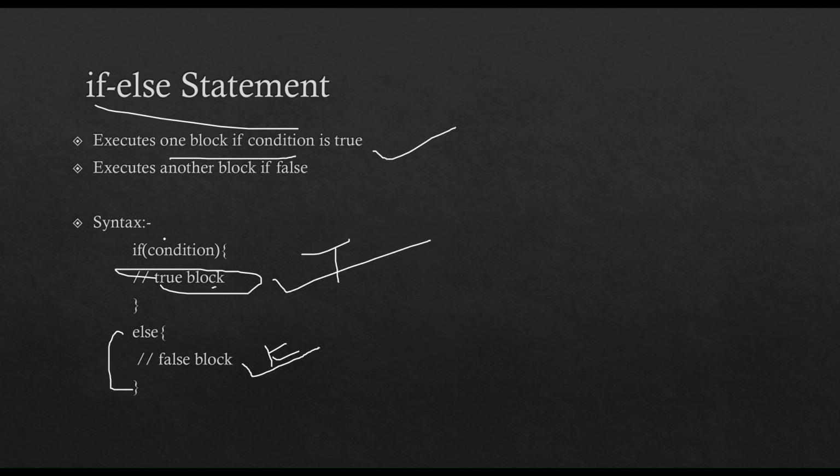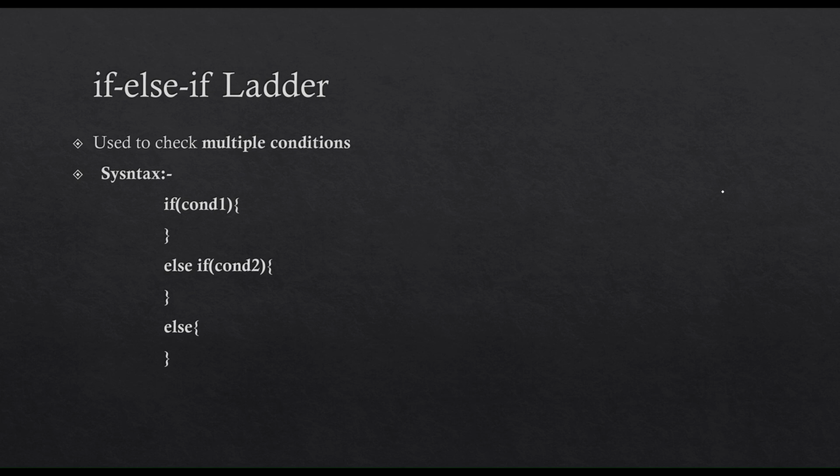If the condition is true, then it executes the true block. If the condition is false, then it executes the false one. Okay, that's it. So, if else if ladder: suppose you have multiple conditions, in the sense, suppose you have